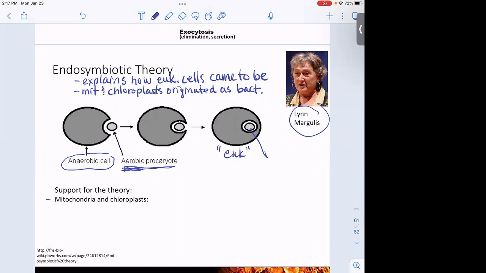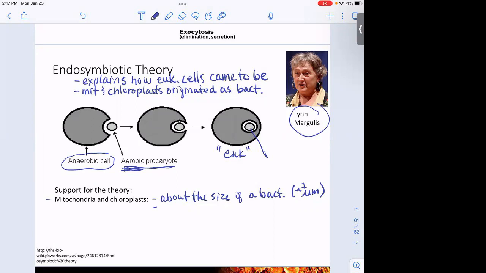Well, the mitochondria and chloroplasts are both about the size of a bacteria. Okay, and remember we said about 1 micron. Oops, forgot to put my 1. About 1 micron in diameter. So maybe that's coincidence, okay? But mitochondria and chloroplasts are about the same size as a bacteria.